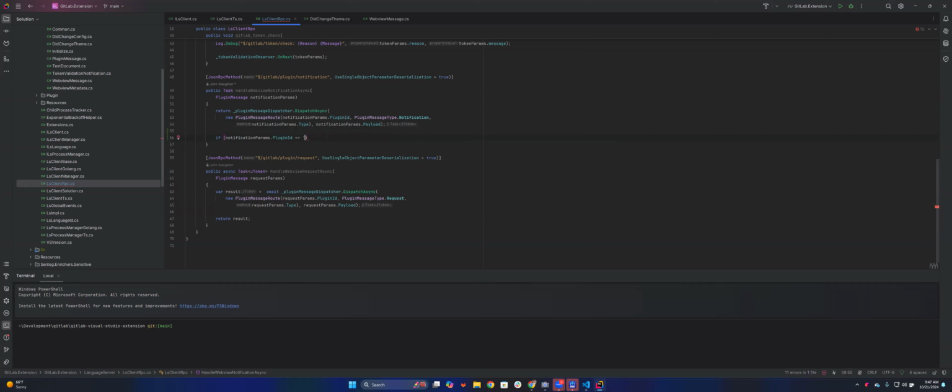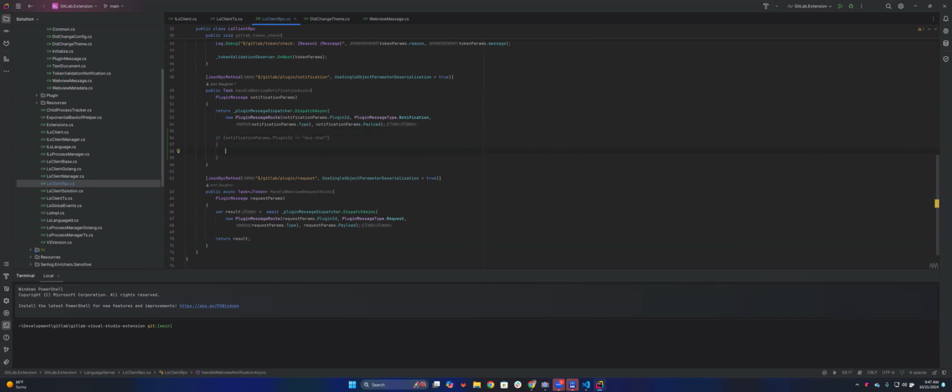Whoops, I've been writing some JavaScript. And then I could switch on the actual type. Let's just do another if statement. So if notification params dot type equals, let's say we were being notified on